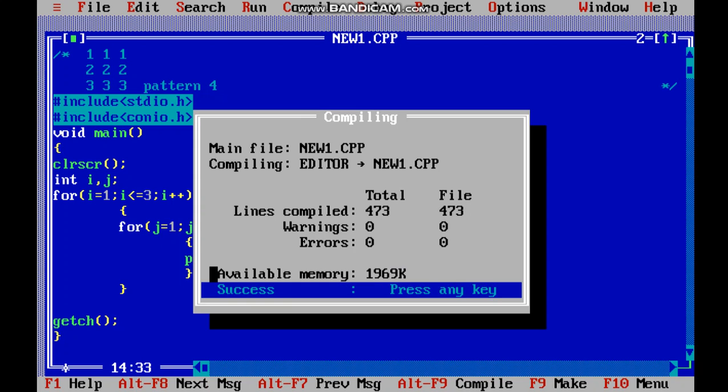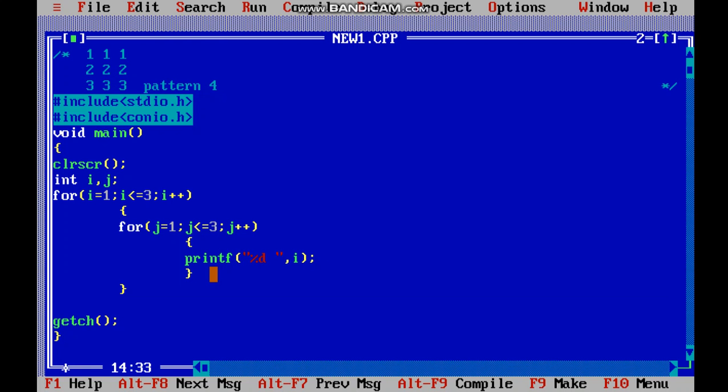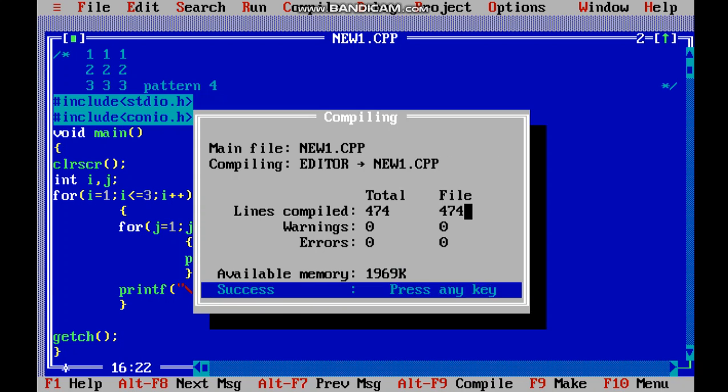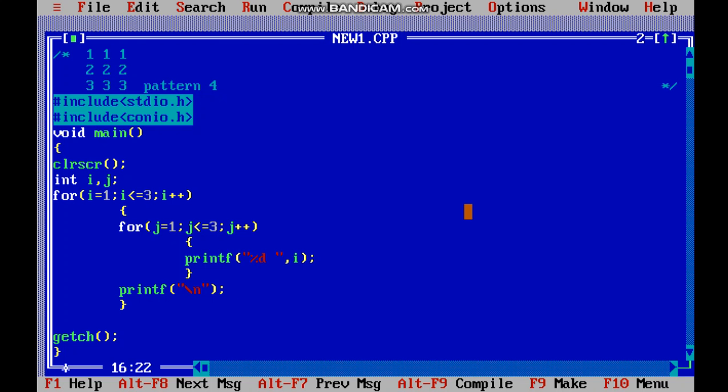Now let us check what answer we get. See, we made a mistake. What mistake we made is we did not print a new line. Okay, now again compile and then Control F9. See, we got our accurate answer: 1 1 1 in the first row, 2 2 2 in the second row and 3 3 3 in the third row.